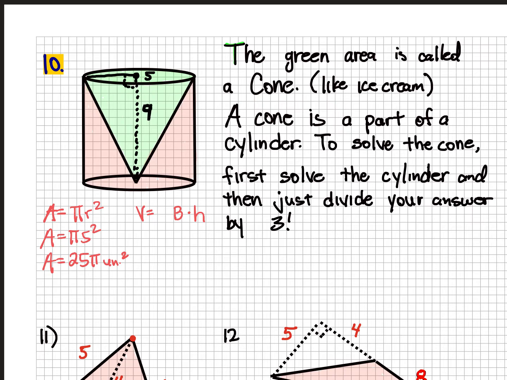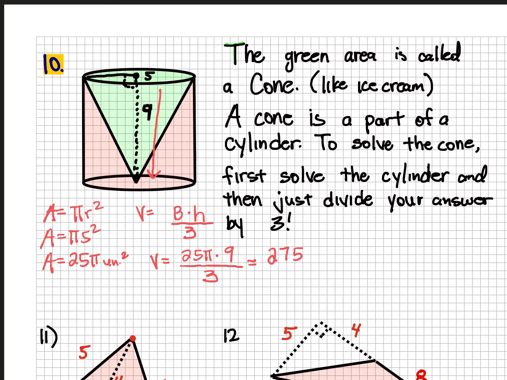But this one, we're just going to divide by 3. So we can say all of that divided by 3, and that shows us just the green shape. So volume equals 25 pi was the circle, and we're going to stretch it down 9, because this gets stretched down 9. But at the very end, we want a cone, not the whole thing, so it's 3 times smaller. Now, there's a bunch of ways you can do that, but let's just do the 25 times 9 first, and we can get